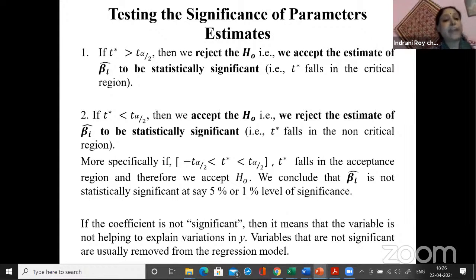If your T value is greater than 3, you can reject the null hypothesis at 1% level of significance. If your T value is greater than 2, and your degrees of freedom is more than 20, which will obviously be the case in any quantitative research, then you can reject your null hypothesis at 5% level of significance. Okay, so this is the rule of thumb. Once you understand this, we'll go back to the Stata table. It is much easier for you now to interpret the Stata output.